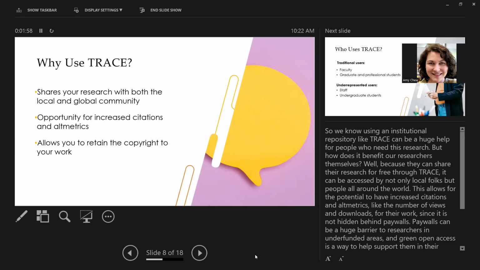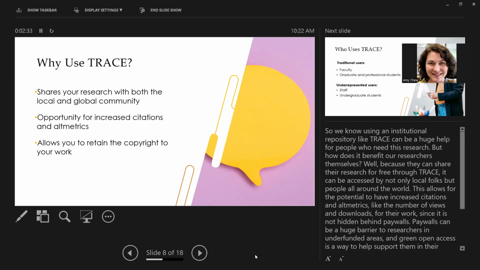So whenever they upload their work to the repository, they have to confirm that they already have the copyright to it first, because you definitely don't want to put something in Trace that you're not allowed to. But thankfully, a lot of academic journals do allow you to put your work into a repository after you've published with them. A lot of times they just want that first right of being able to link back to where you've published with the journal. But they're totally fine most of the time with you putting your work in a repository if you have the copyright to it. And so people can do that.